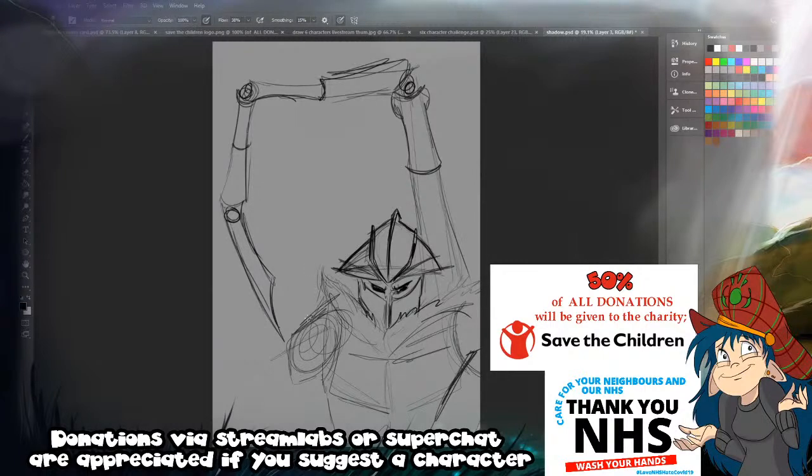How does this guy look so far? Pretty bad, I know. I'm trying. See, when I'm drawing characters from properties I'm not familiar with, I don't have the confidence to draw them right. But if it's a character from something I'm very familiar with, I'm like, oh yeah, I can draw that. Like, get them out real quick.